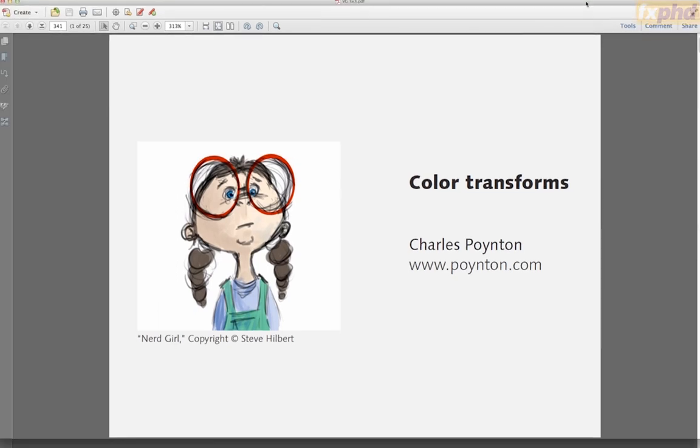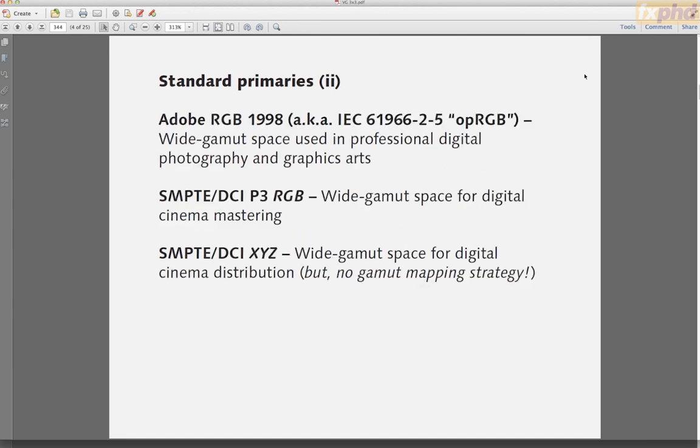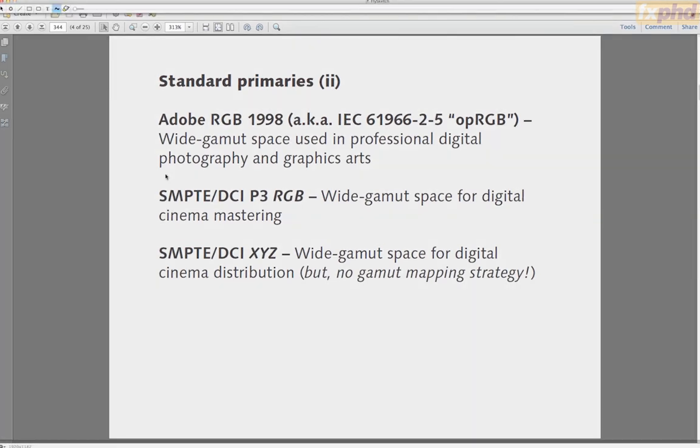This is basically color transform theory. You've heard about these standard primaries in previous classes. The wide gamut primaries that are interesting are Adobe RGB 1998, interesting because we can buy displays today that do this. They're basically RGB LED illuminated LCDs. And it's widely used in professional digital photography and graphic arts. But it's a pretty decent wide gamut scheme that you could absolutely use for VFX as well.